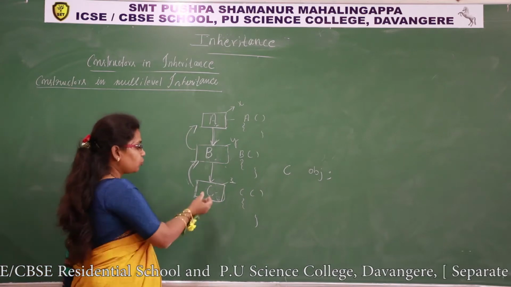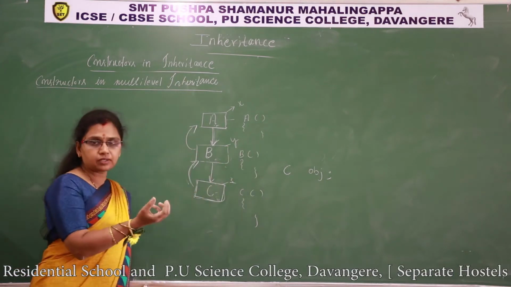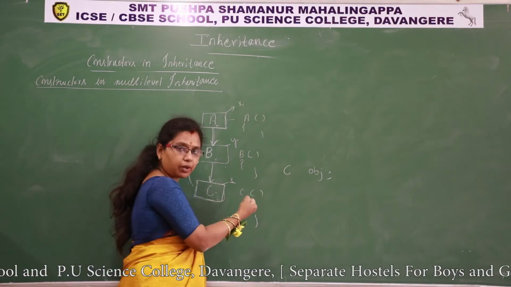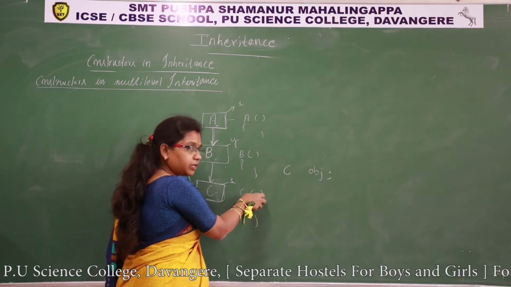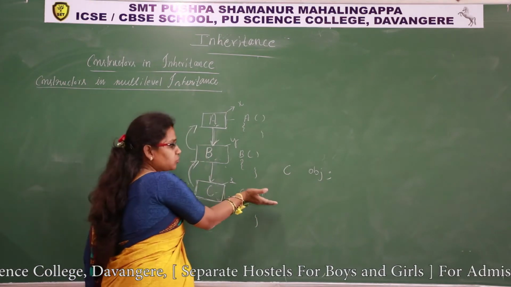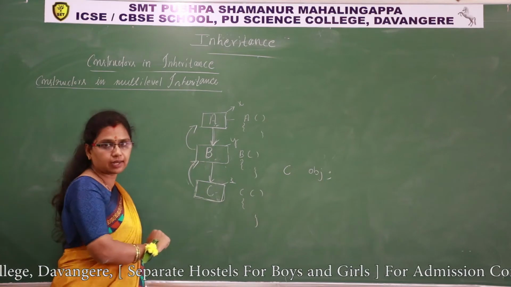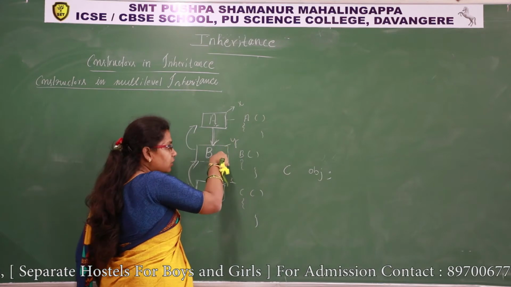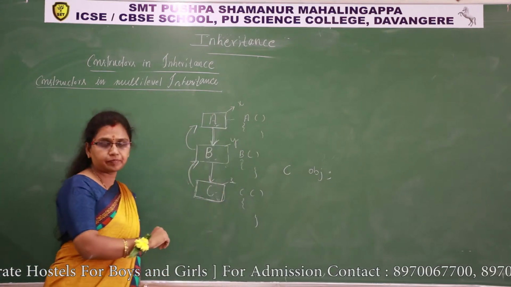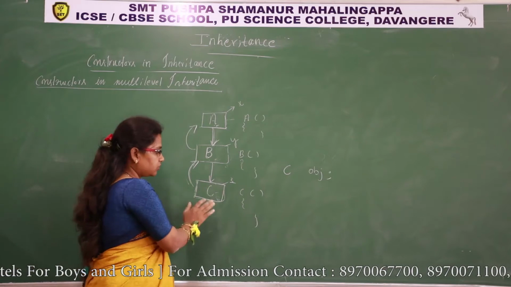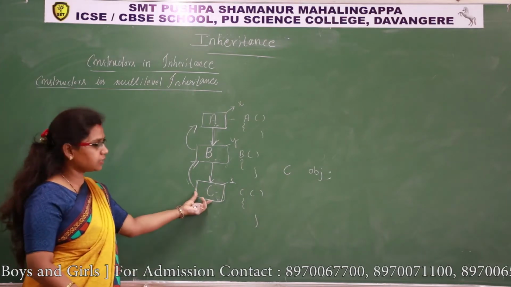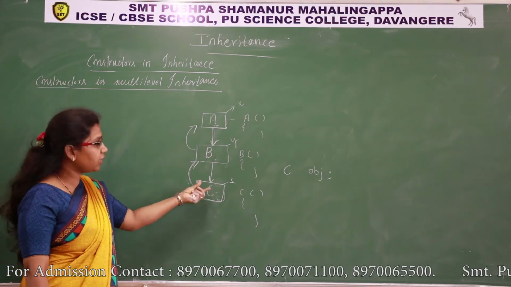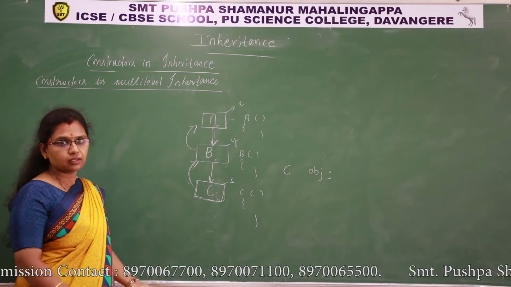Okay, so when we pass 3 parameters from the main function, the class C constructor receives all 3 parameters and keeps one parameter for its own class, and it has to pass 2 parameters to its parent class, class B. Again, it will be distributed like this, one for class B and another for class A. Understood? So, I'll repeat, class C is a derived class. Through this class object, we have to initialize the base classes.